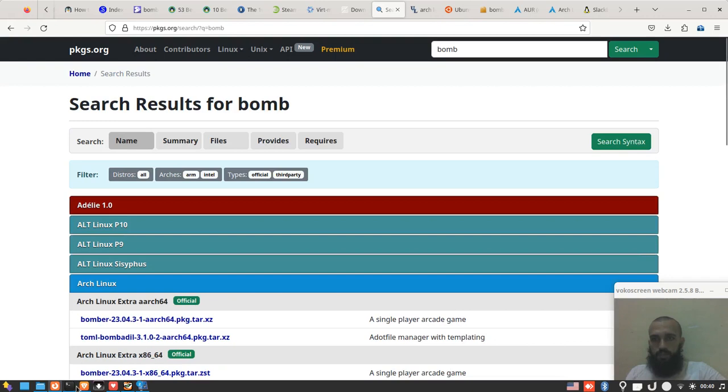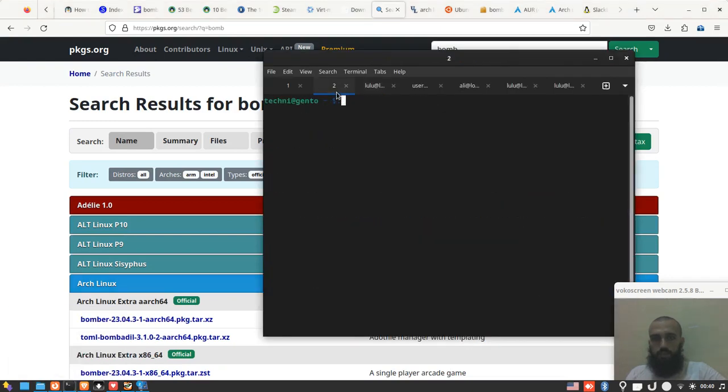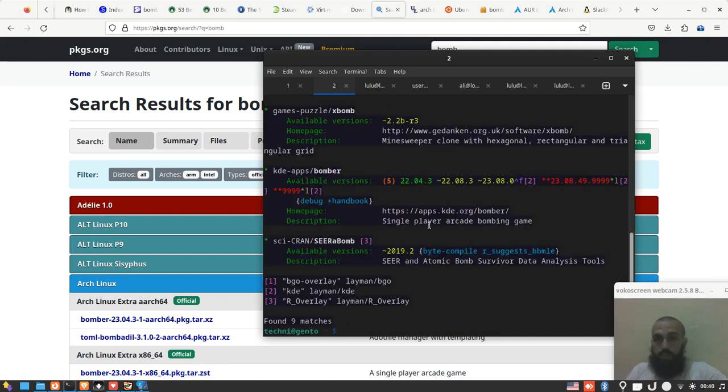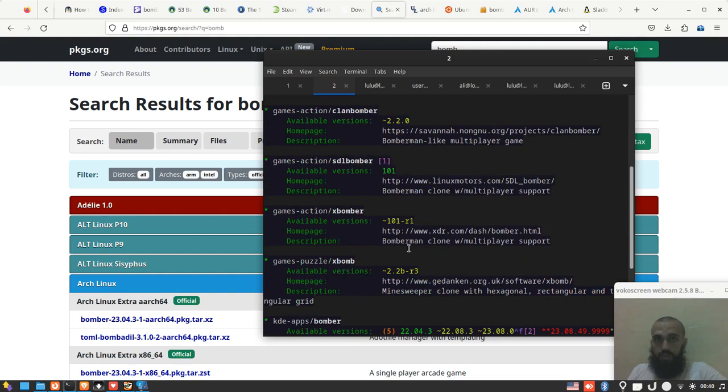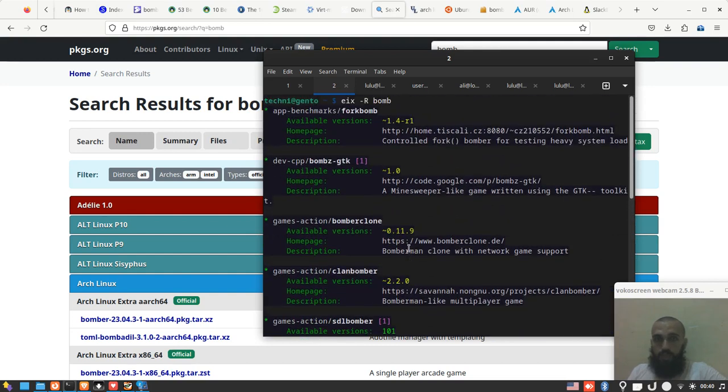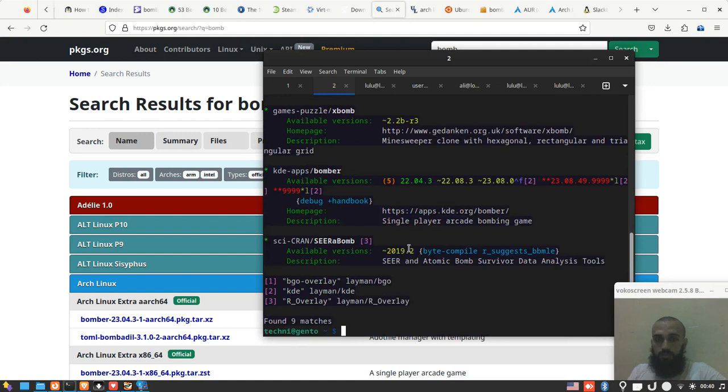Alright, when it comes to Gentoo, we can look using a tool that we can install, and I may do a demonstration of how to install this tool, which is EIX. The tool is EIX, but the command is eix -R, with an uppercase R, and the package name or the word we're looking for, in my case, is bomb. So these are all the packages that have bomb in their names in Gentoo. Okay,